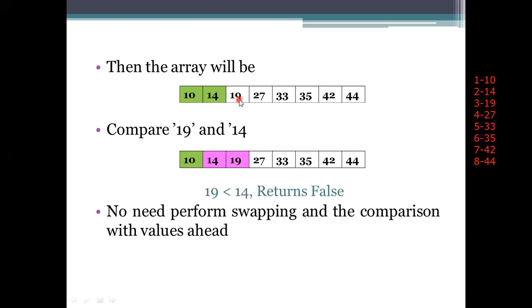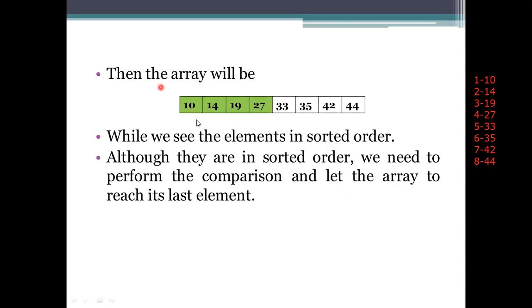After getting this 19 and 27 into an order, what happens here? It continues, as the rest is not in a sorted order. Okay. And coming to the next one, comparison has to be done with the previous one. 19 is compared with the 14, and it is not less than the 14. Then no need to perform the swapping on that one. If you compare with the 10 also, what happens here? It is less than that one. No need to perform the swapping here. Then the array will be like this: 10, 14, 19, 27. Up to these values we have sorted.